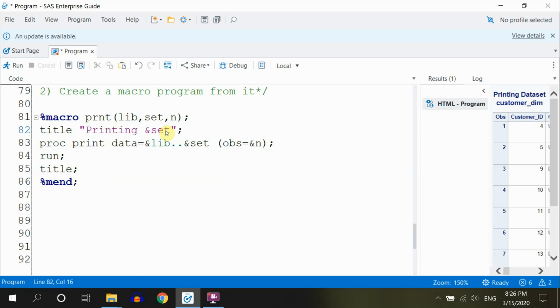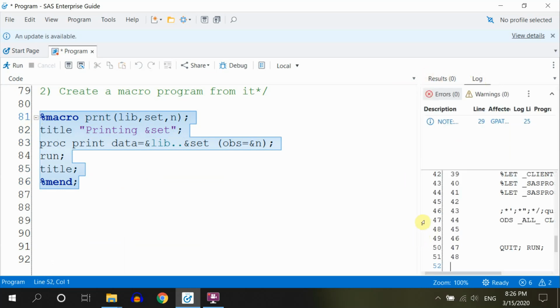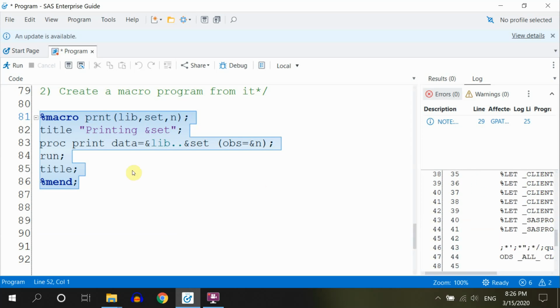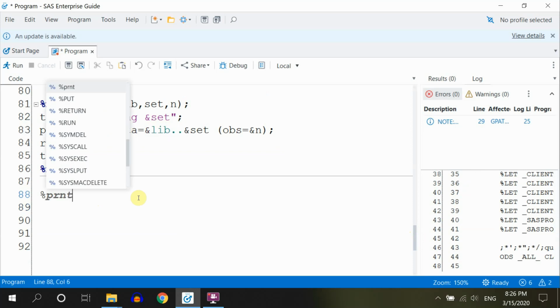We maybe don't even need to say printing dataset. Let's make it more compact. So now we'll run the program. So log, okay, no errors, we'll not know much, but that's fine. There are ways to see what it is you're printing, but what we're going to do now, we're going to call it. So to call it, you will have to use again %prnt,